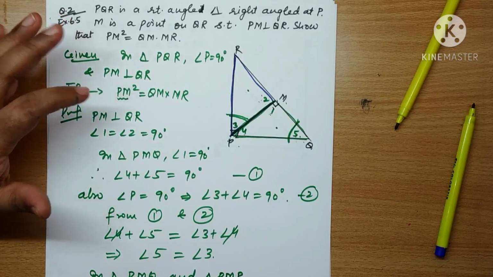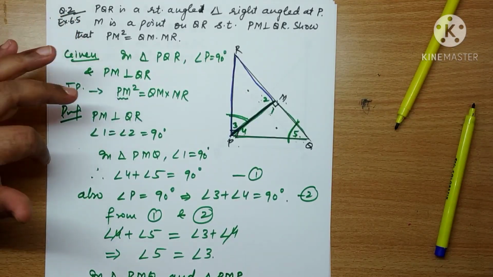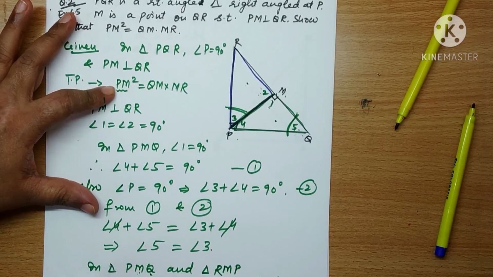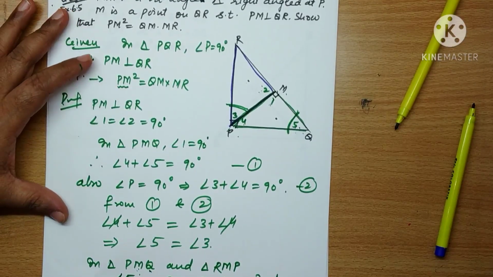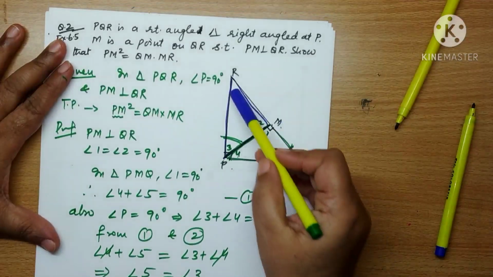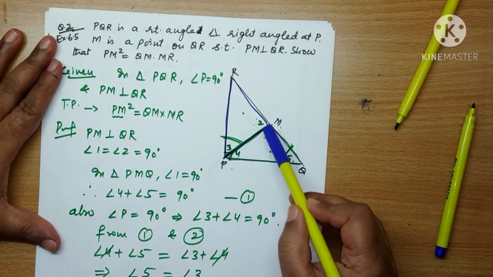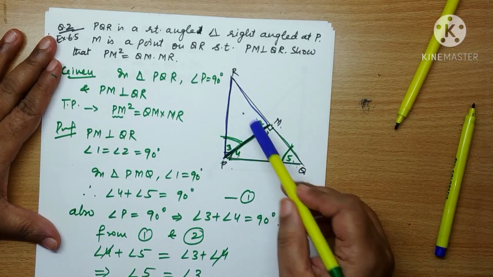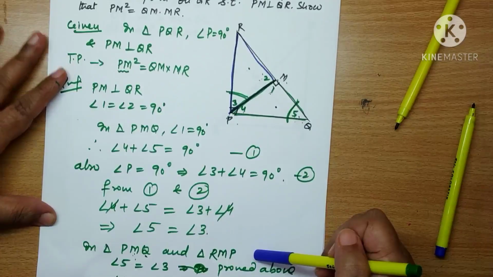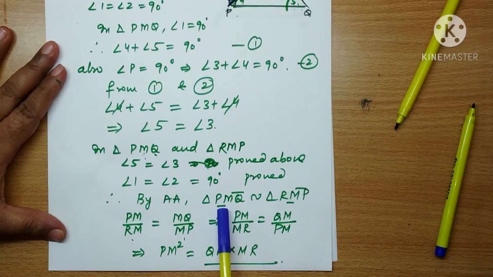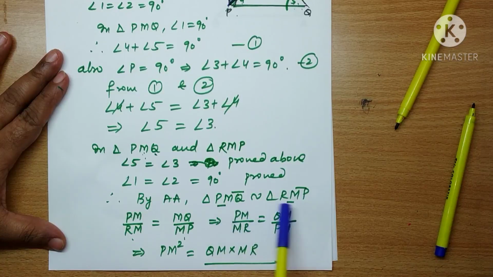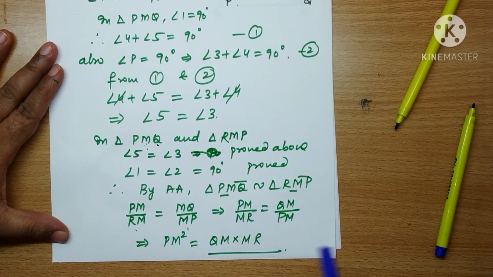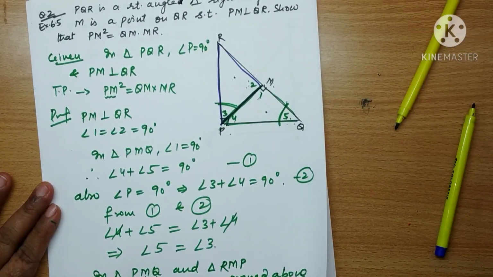So it's not a question of Pythagoras. There may be some different methods, but what I am discussing here is the direct approach. PM square means I will prove those two triangles similar of which PM is the common side. So we observe the figure. PM is the common side of these two triangles. So we try and prove these two triangles similar. After proving the similarity of these two triangles, I am able to write the relationship between the sides of the triangles and then we get the result. This was your question 2.